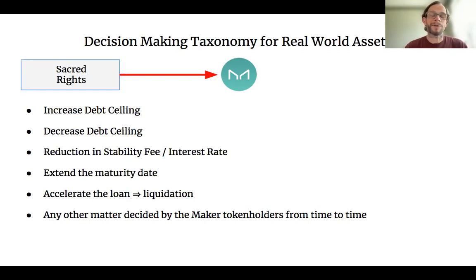If you think about a crypto asset and what Maker does, the community actually gets involved when the asset's onboarded, and then it's kind of like you sit and forget, right? And the smart contract does the rest of the work. So we've tried to approach it by saying, if you took that DeFi construct and applied it in the real world, what are those things that are the most sacred, that affect the underlying economics? So that was this. And of course, to the extent that the Maker token holders decide they want to decide anything, that's entirely within their discretion. Next slide.